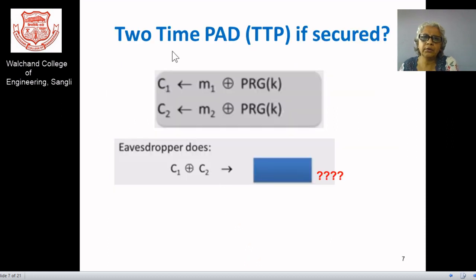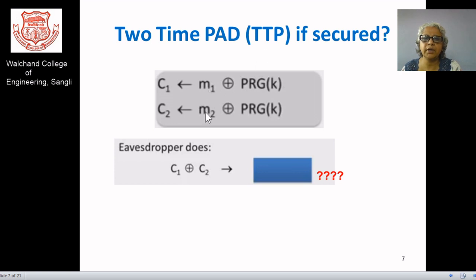Now, I would like to continue one-time pad with another option, the two-time pad. Have you heard about the two-time pad? No, we have taken this for experimental purposes. So, if TTP is used, we need to find out whether the security lies with the TTP option. We need to compromise with the password, or we need to compromise with the key here.